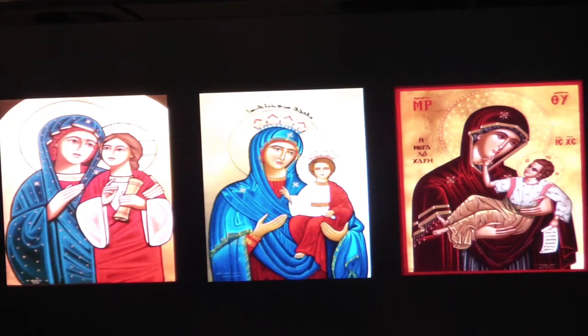So they're all icons, but perhaps you're not familiar with the first one, right? The first one is actually a Coptic icon. The second one is a Syriac icon, and the third one, I guess the technical term is a Byzantine icon. That means you would see this in a Russian or Greek Orthodox church, or Bulgarian or Romanian, but all three of them are icons. Okay, and they're all an icon of Saint Mary with the infant Jesus, right?